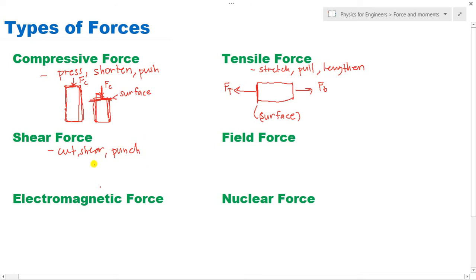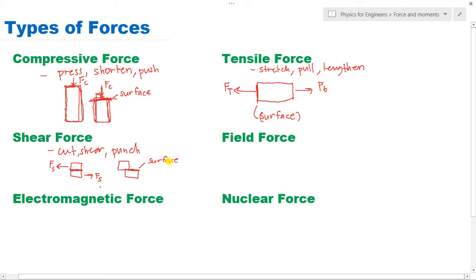If we apply this to materials or machine elements, let's say we have a block here. The block is subjected to a force here and a force on the other side. So that is shear force. Meaning this line in the middle is the breaking point, it will be cut. So this is the result after you applied the shear force. It is cut, meaning it dislocates from its original position, and that surface where this force acts